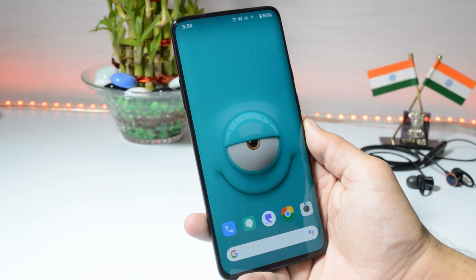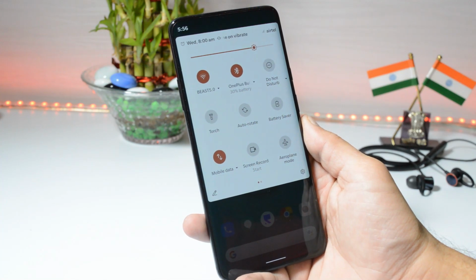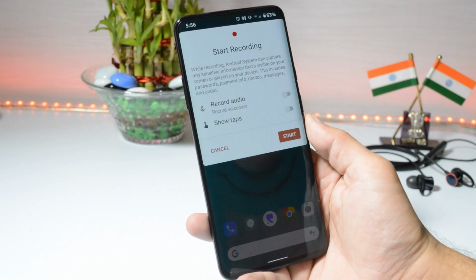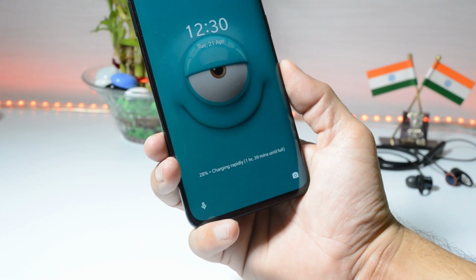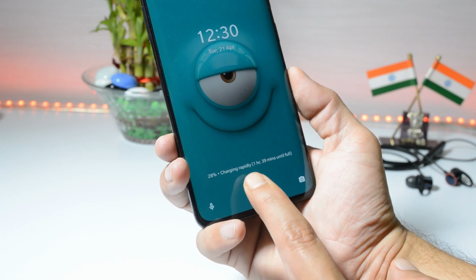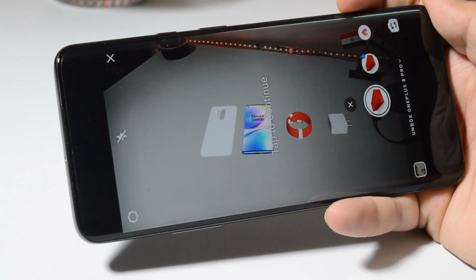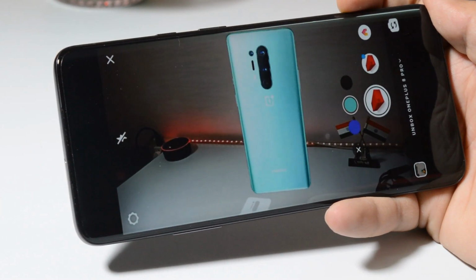And if you talk about the bugs on this ROM, first one what I have noticed is network strength is pretty low. So right now I have tested with Airtel and Jio, and on both the SIM cards I have been facing this issue. Second bug is you cannot record internal audio with screen recorder. And another bug what I have noticed is device takes more time to charge from 0 to 100. It takes around 1 hour 45 to 50 minutes to charge completely. But on the lock screen you will see that device is charging rapidly. And the last bug is media output is lower than stock OS. So these are the few bugs which are available on this ROM.